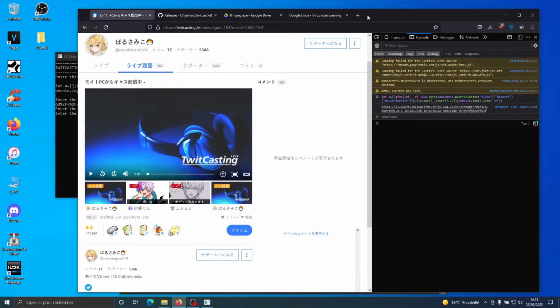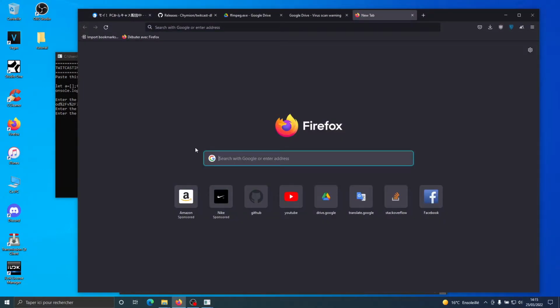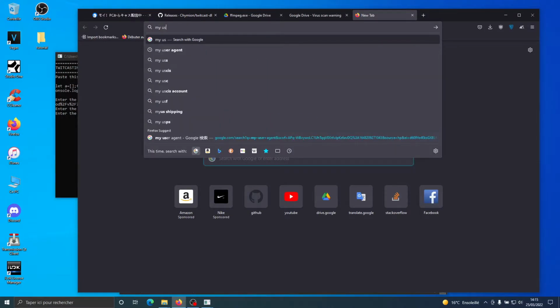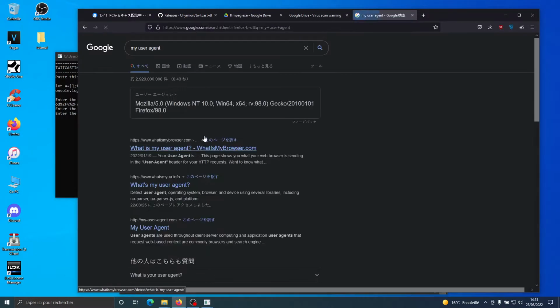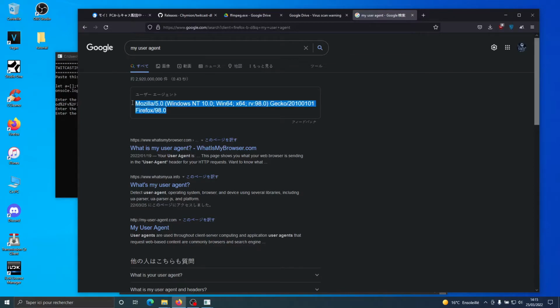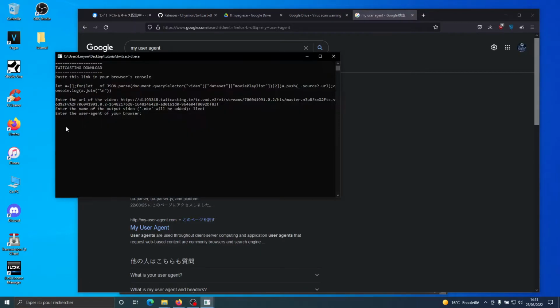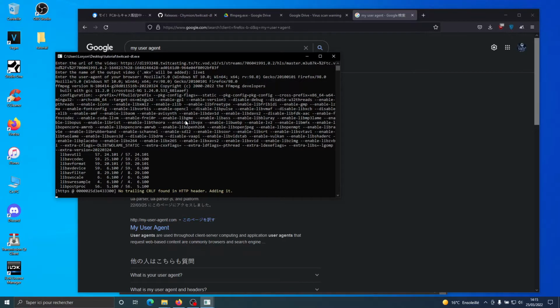For that you just go on Google and you type my user agent, and it will give you on the front page the user agent, or you can go on the first link here. You paste it here, you hit enter, and then the